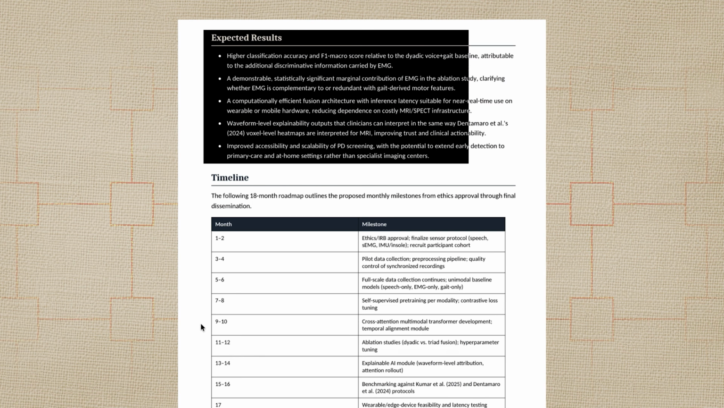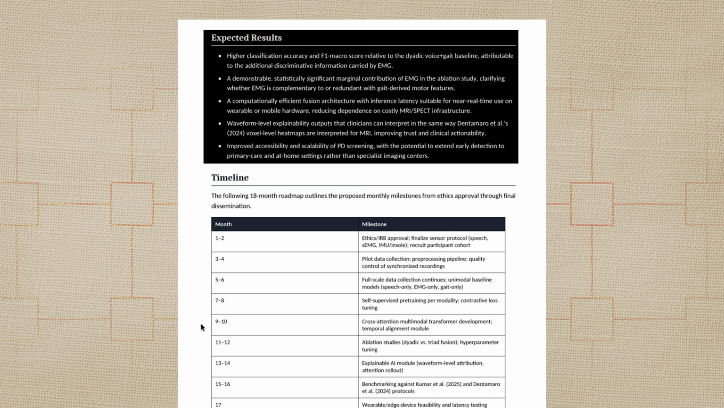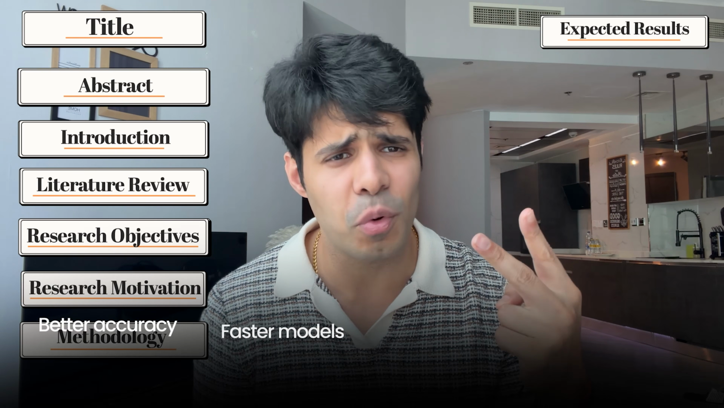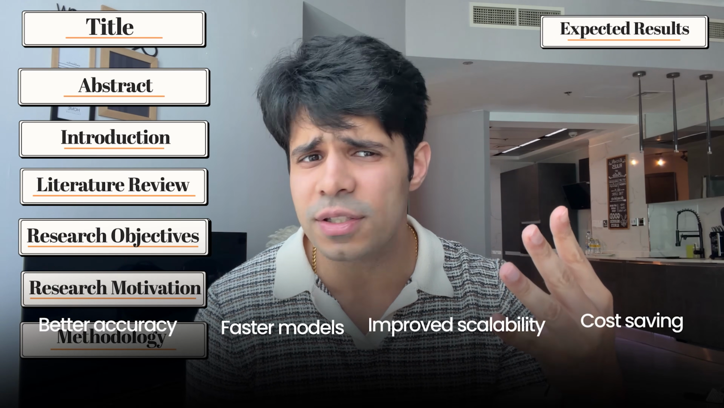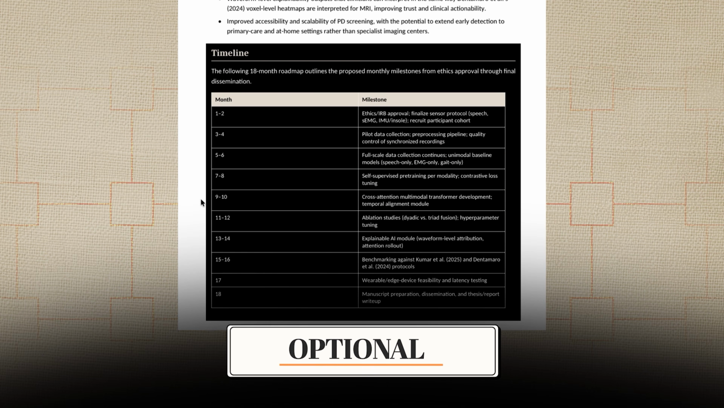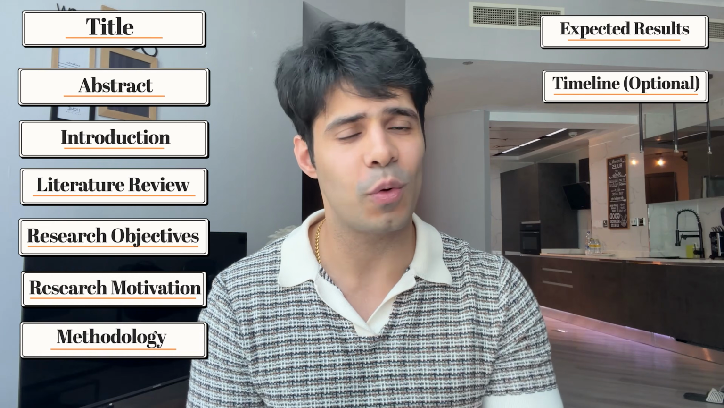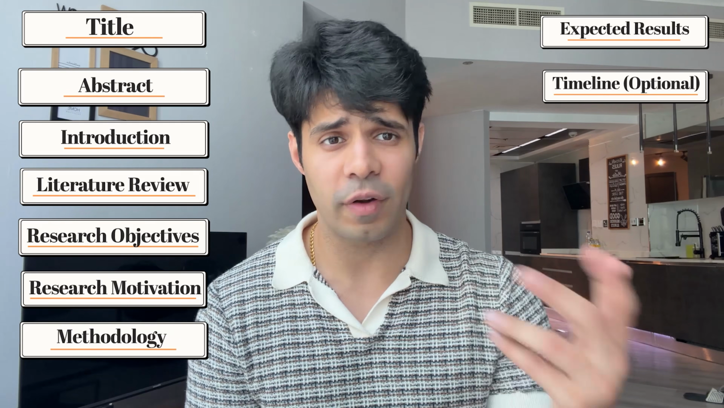And then there's also a section of expected results. So yeah, obviously we have not done the research yet, it's just a proposal, but this is what we expect more or less. Better accuracy, faster models, improved scalability, cost saving, something which can help the industry in some way or the other. This is usually followed by a timeline, which is optional. You may or may not have it depending on the requirements given to you by your professor or wherever you're submitting this